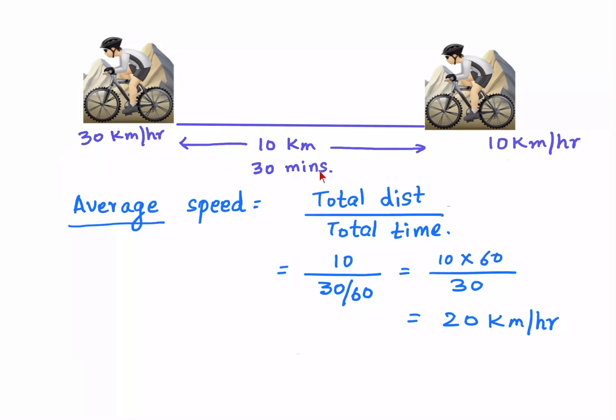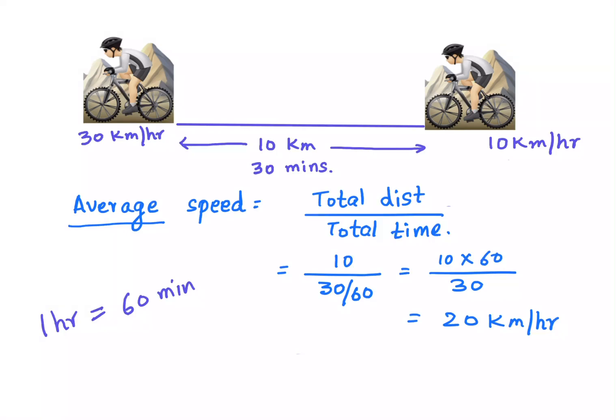Assuming that you finish this trek, or finish this 10 kilometers, in 30 minutes, what was your average speed in the entire cycling expedition? Yes, it's the total distance covered by you divided by the total time, right? This is what we've been learning in maths as well. Total distance 10 kilometers, total time, because the time over here is in minutes, I prefer to convert it into hours, and 1 hour is 60 minutes as we all know. So divided by 60, we get the average speed as 20 kilometers per hour.